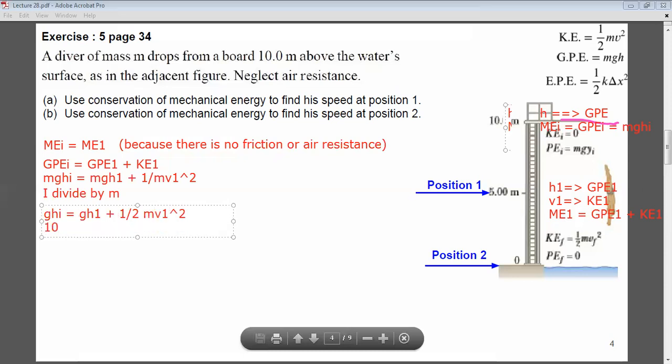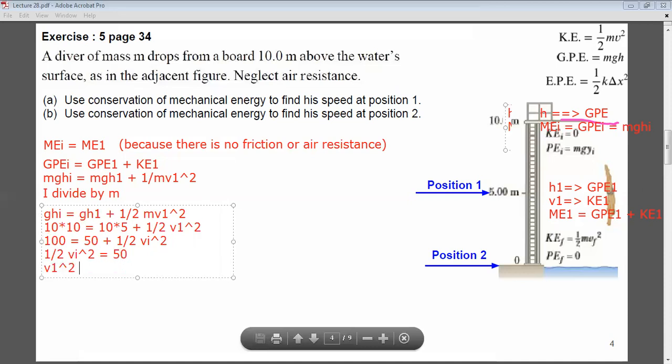So g is 10 times h initial was 10 equal g 10 times at position 1 it's 5 plus half V1 squared. So I get 100 equal to 50 plus half V1 squared. This will give me half V1 square equal 100 minus 50, which is 50, which means